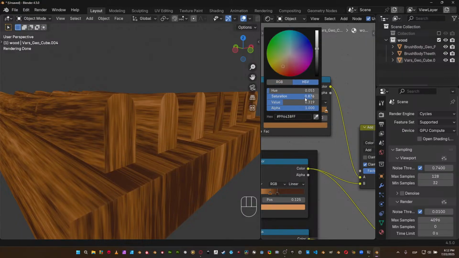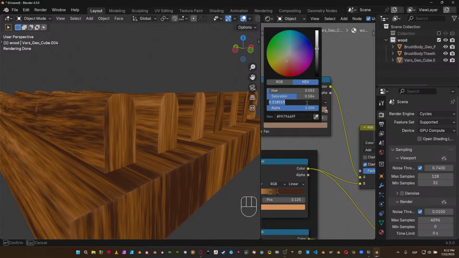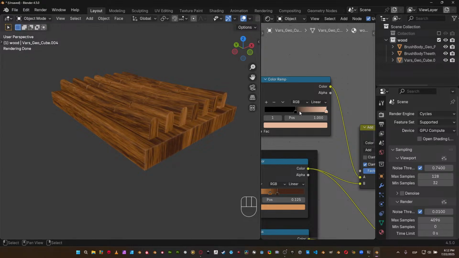We can desaturate to 0.58, and then increase the value to 0.811, and then we're gonna have something like this, guys. So you can start moving this guy in here to produce this kind of effect